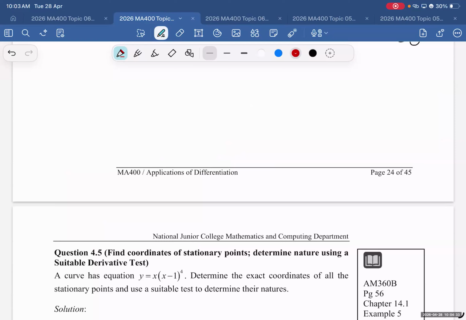Okay, now if I put this to 0, that means either